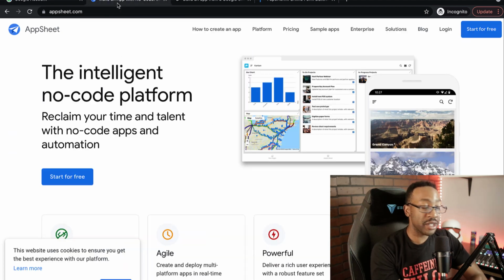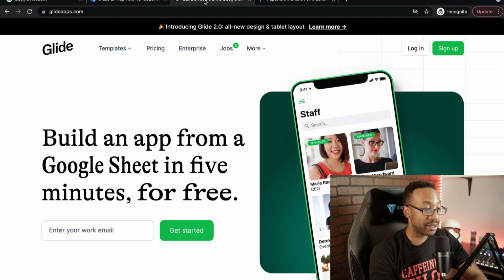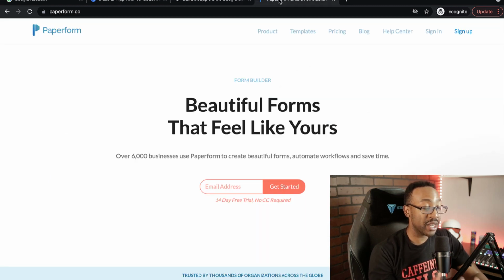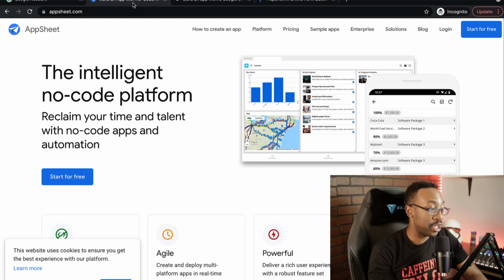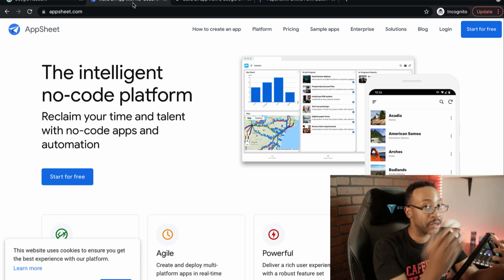Number 1, we can use AppSheet. 2, we can use Glide apps. And number 3, we can utilize Paperform and then build out even more from this platform. What is AppSheet? AppSheet is a platform that allows you to create no-code apps and automation. You have to have a Gmail account because it's going to be integrating with Google Sheets to build the database